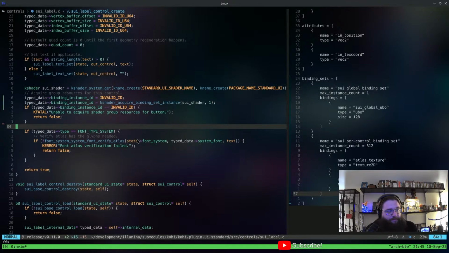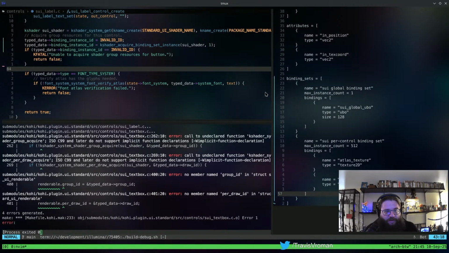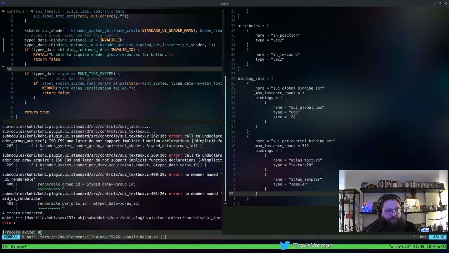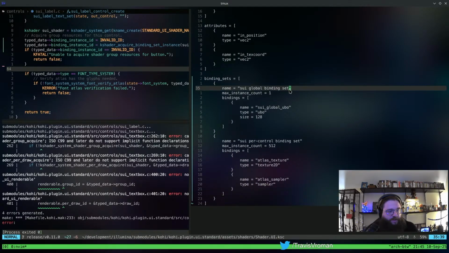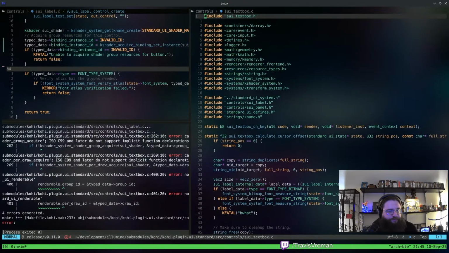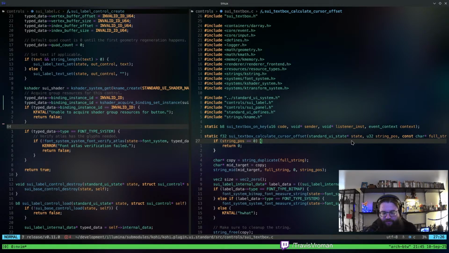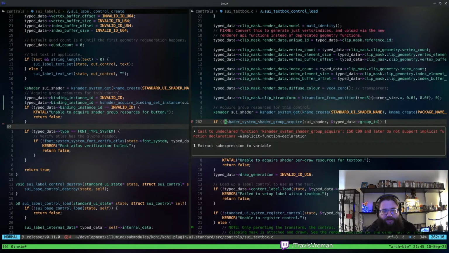Okay, so I'm going to assume this is probably going to throw an error at the next UI control. Yes. So what I'm going to do is pull that up over here. This is going to be SUI text box, and I can close this guy because the implementation is going to almost wind up being the exact same, right?